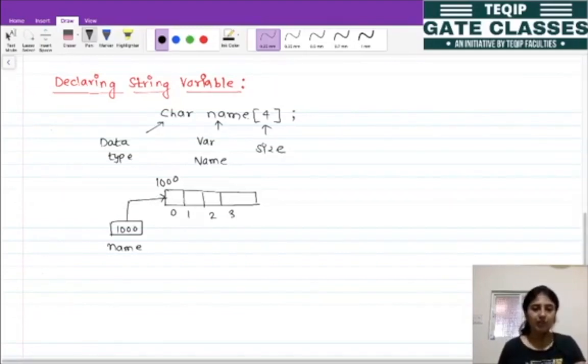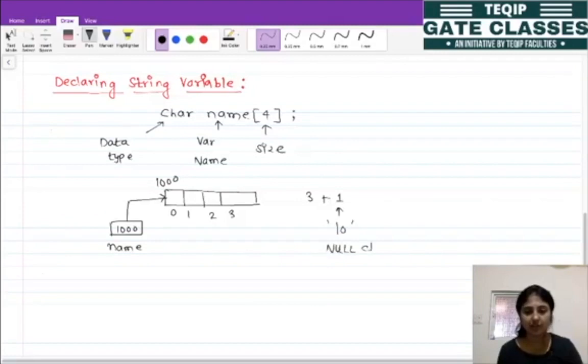So one more thing, when we are declaring any string variable, always make the character array longer than the string, है ना. So यहाँ पे size क्या दिया है, 4 दिया है. That means this 4 is not actually the actual length of our string. So actual length हो जाएगी 3. And एक जो block बचा है, this block we are going to use to store the special symbol, that is our null character, right. तो जो भी size है, that minus 1 represents the maximum length of any string which we want to store.